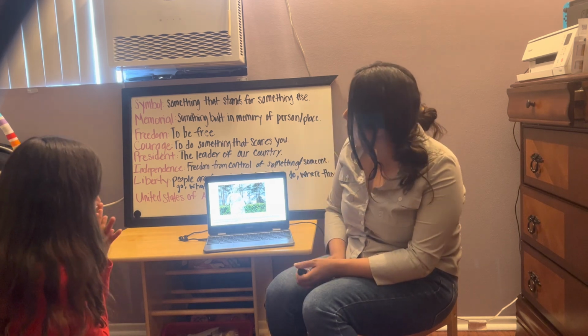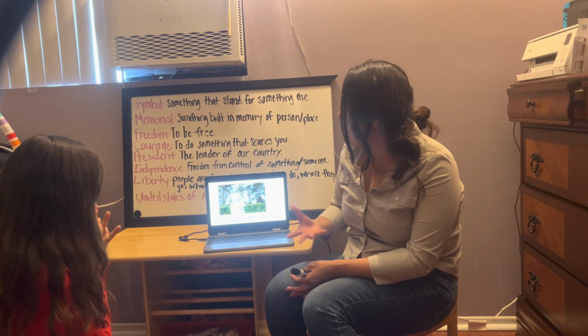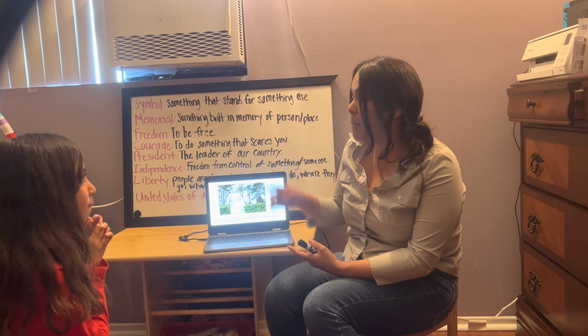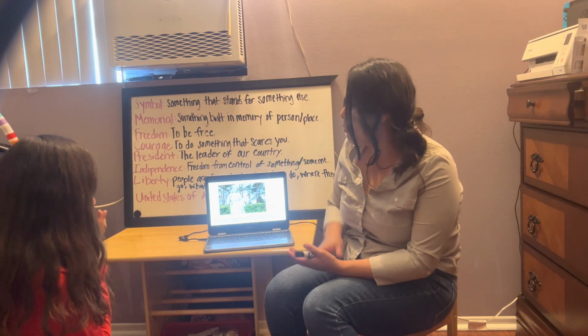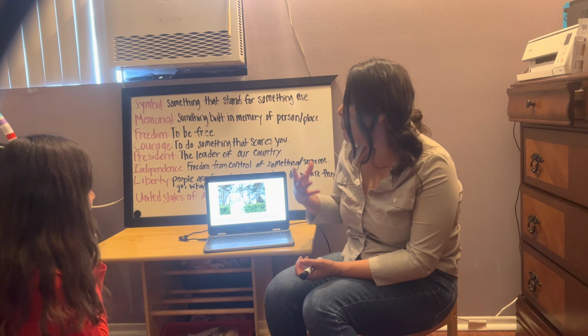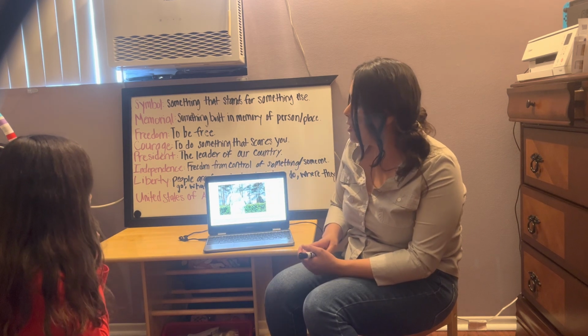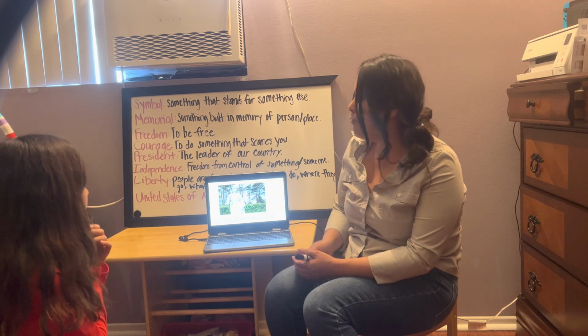It is not an American symbol because it was not built as a representation of American history, like the monument that we saw, or Mount Rushmore that was built in memory of our presidents. She's not a president, right? She's not a memorial person that we want to remember, although she might be very important to someone. That doesn't mean that she's not important. It just means that it's not a symbol for our country.